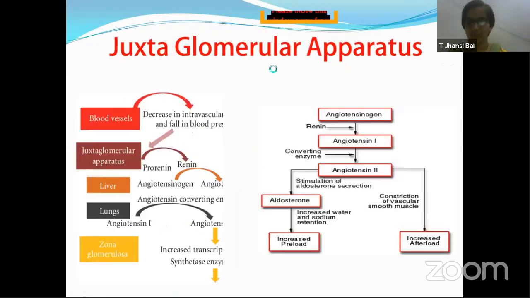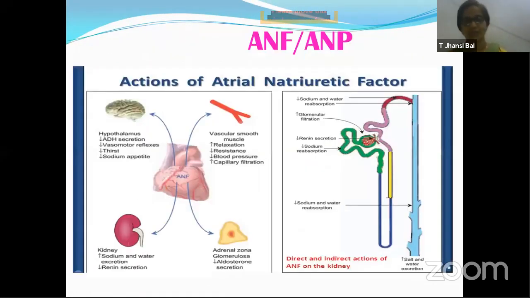Now, how does the pressure increase? Because water is taken back. We understood the role of aldosterone and reabsorption of sodium ions, chloride ions and water. Once water is taken back, the pressure of blood increases because there is a lot of water in the blood. Why does blood volume increase? Whatever water is taken back, it is taken back into the blood. So this water brings about the increase in volume of blood. Once the volume of blood is increasing, the pressure of blood increases in capillaries or blood vessels.